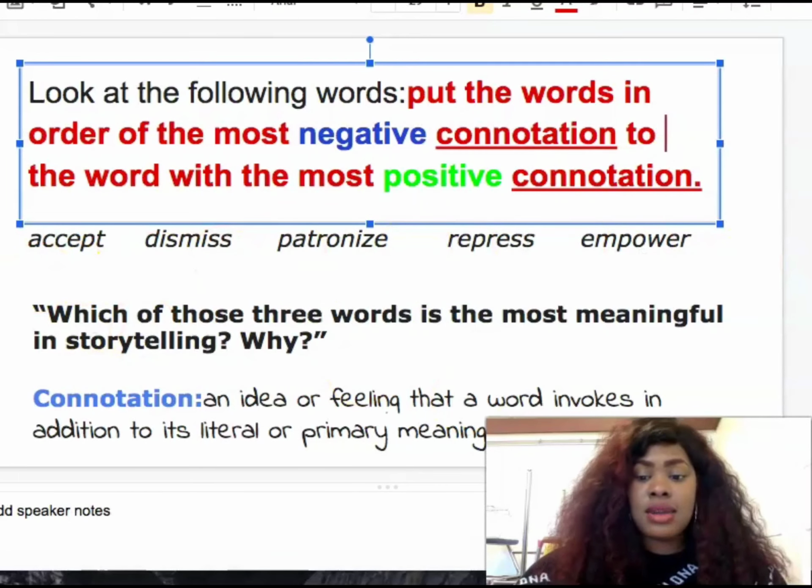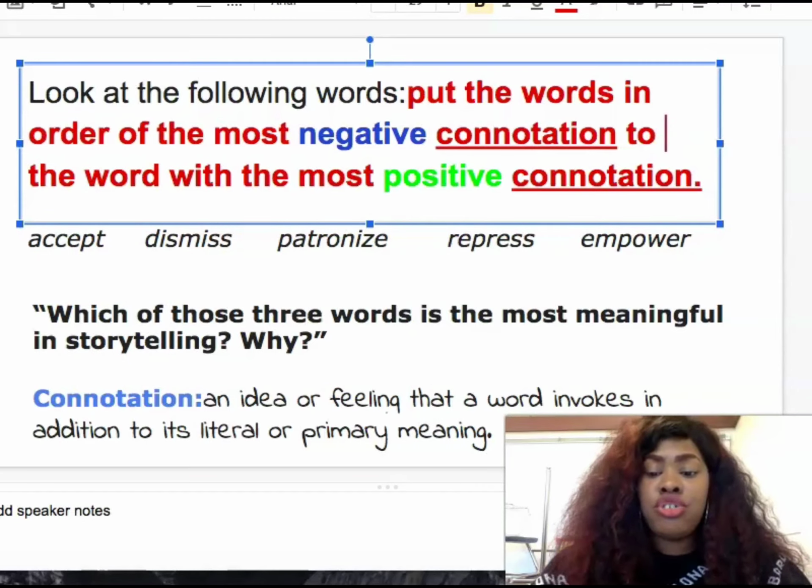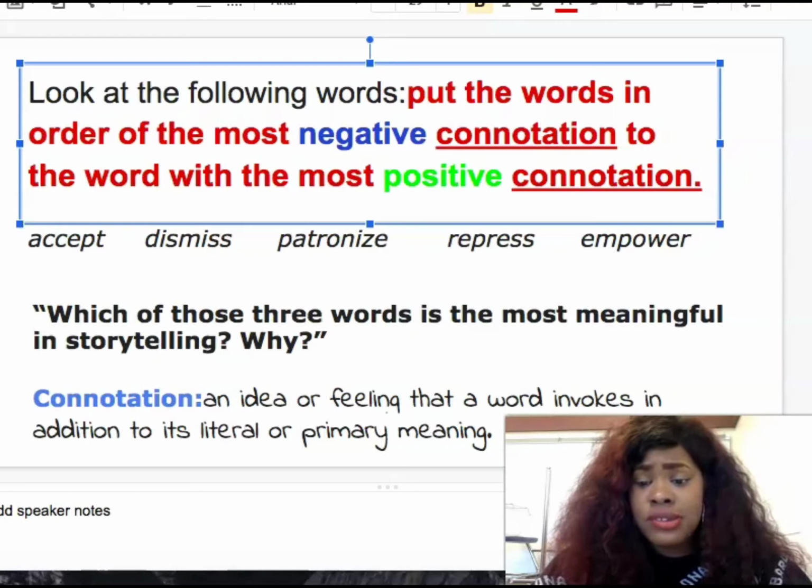All right, guys, that's going to be it for today. If you guys have any questions or concerns, please make sure that you come to office hours so I can assist you. Please make sure that you are reading your books. And for those of you who are catching up on any work, the deadline is October 6th for you to do that. So please make sure that you are reading your book and catching up on all of your assignments so that I can go in and make the corrections.